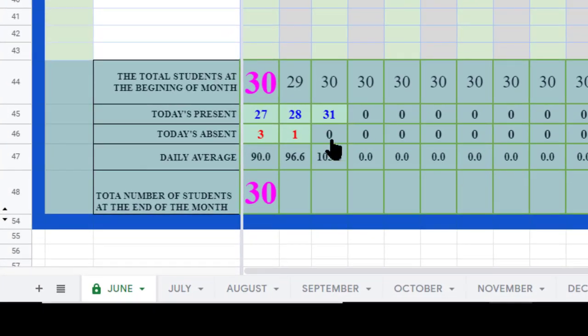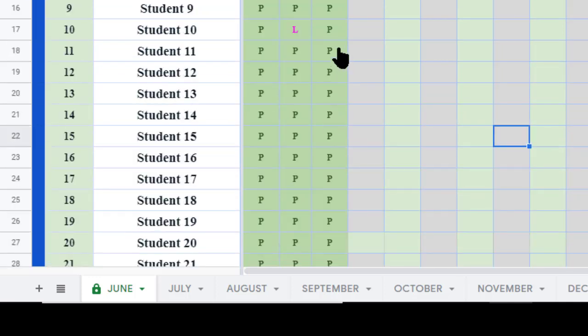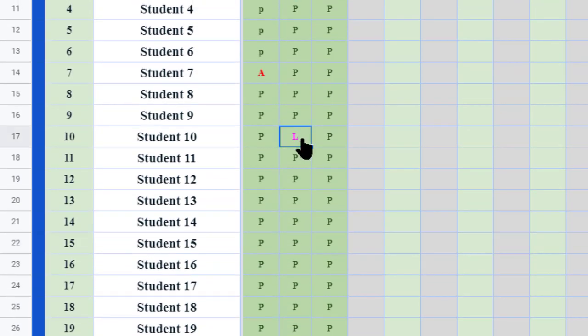See here, the total average of the class is 103.3. What happened here? Here the total number of students is 30, but we can see today's present is 31. What happened? I will show you. Last day one child left the classroom to another class. So we marked L here. So from the total children 1 is reduced. So total it was 30 and it has reduced by 1. So 29.